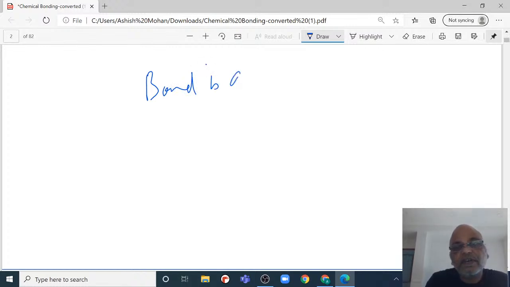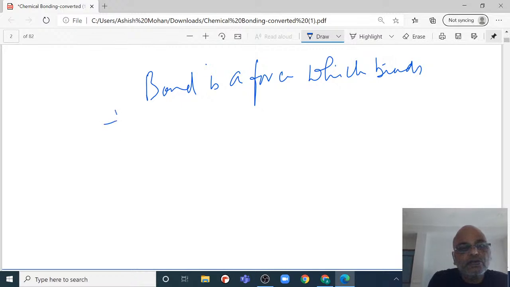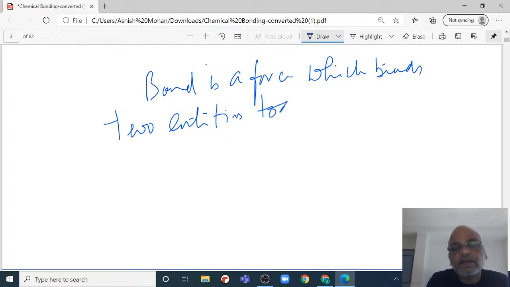Bond is a force which binds two entities together. दो चीजों को एक साथ बांधने का जो force होता है, the force is called bond. If I say how many types of bonds are there, let us come to know later. First, I would like to say you